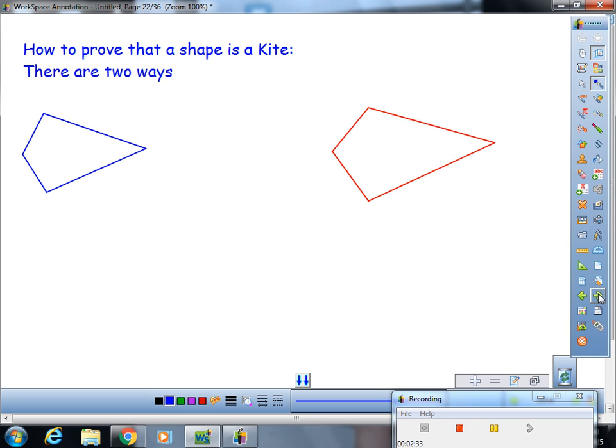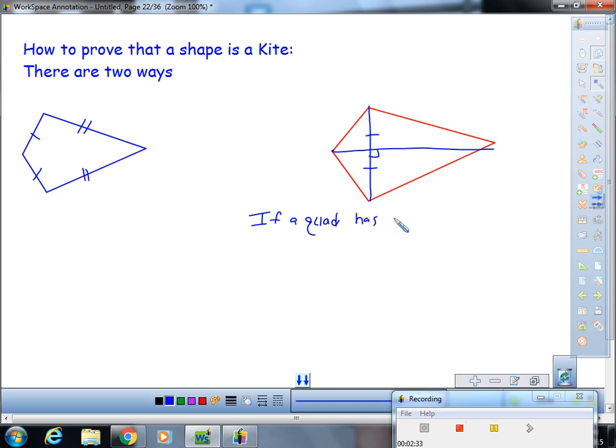There are 2 ways to prove that something is a kite. One is just the definition of a kite. So, if a quadrilateral has exactly two pairs of consecutive congruent sides, then it's a kite. That's just the definition. I'm not going to write that out because you already know it. Okay? The second one says, if one diagonal, just one, just bear with me on that. If one diagonal is the perpendicular bisector of the other, then if a quad, it's got to be a quadrilateral,